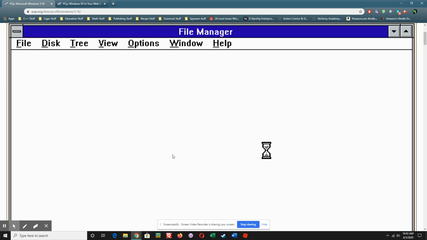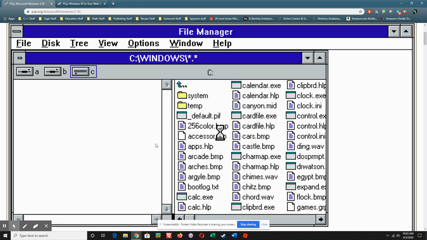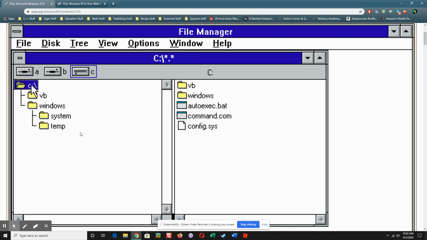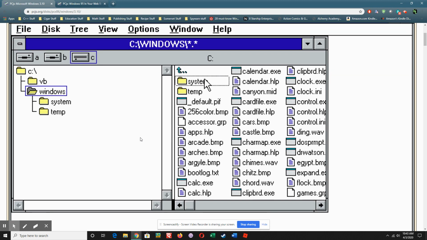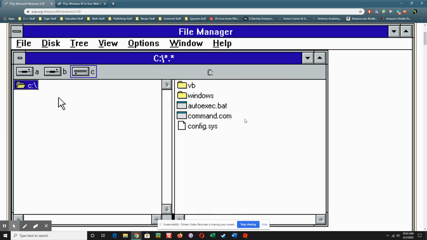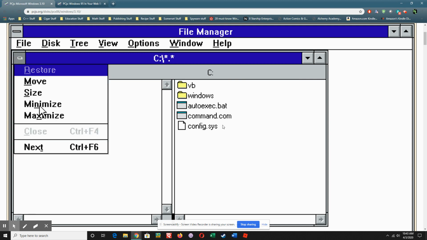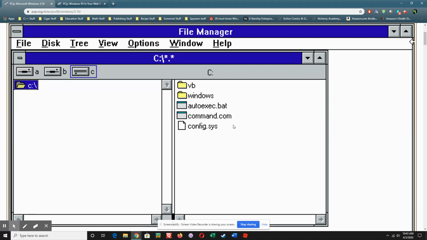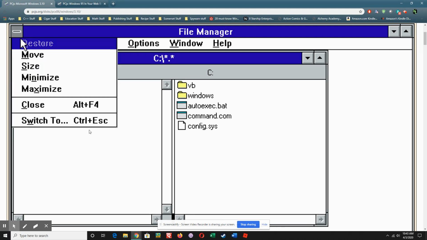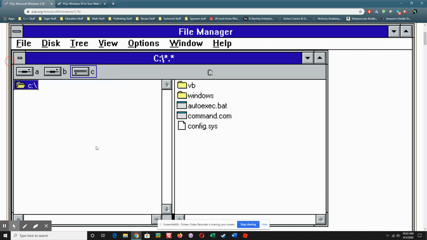So you open that up, and this is going to take a second because obviously it's running in a browser. Here's what's in the C drive. This emulator thinks it has two floppy drives, but here's your C drive. Okay, here's the Windows folder and all the files that go with Windows and everything. It's cool. It's actually very nostalgic for someone like myself whose first experience using a computer was using this.